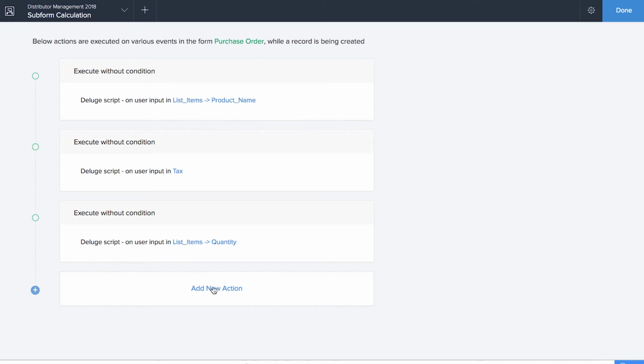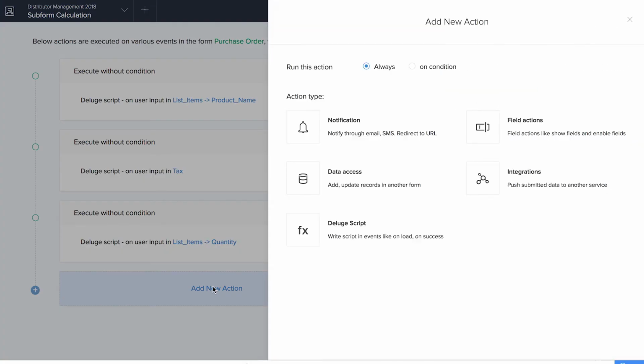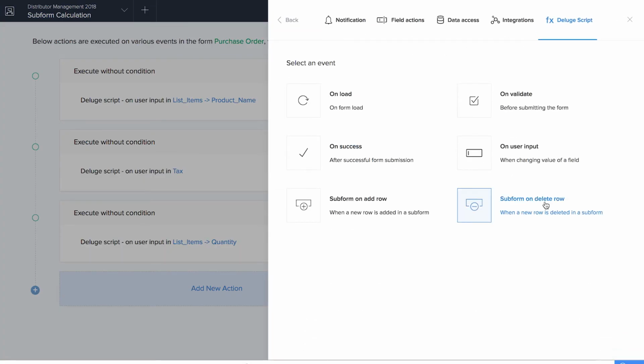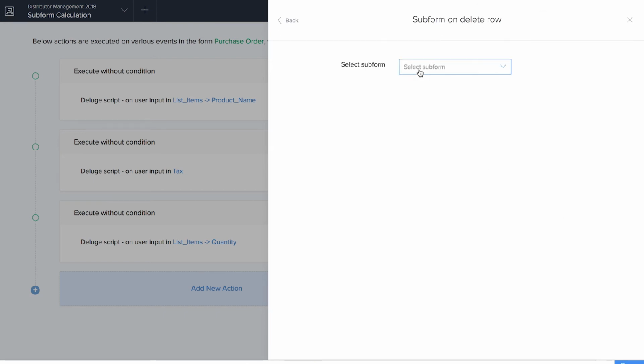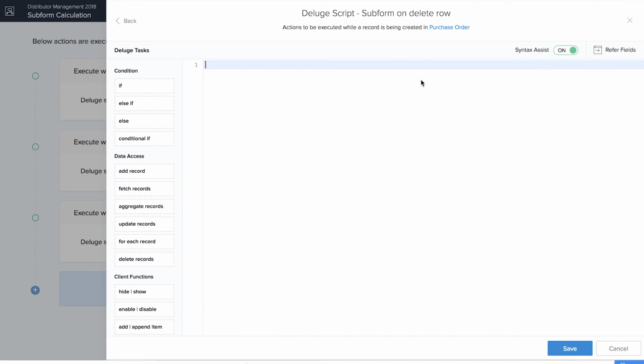And the last action would be for what happens when we delete a row in our subform. When I delete a row in the subform, essentially the calculation should revert back. This we will do with our deluge script. Subform on delete row. So when a row is deleted in a subform, what happens? Select the subform list items, and here